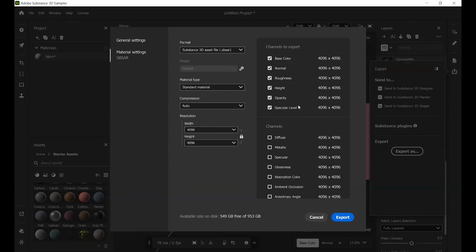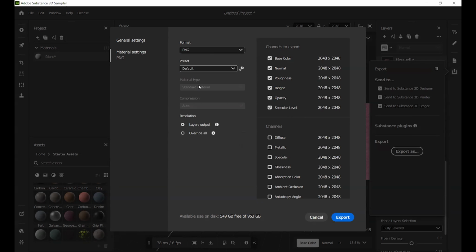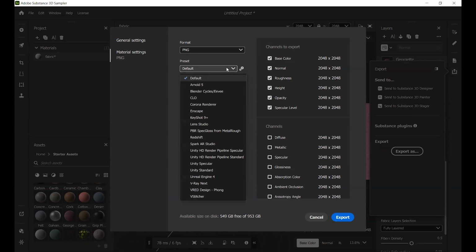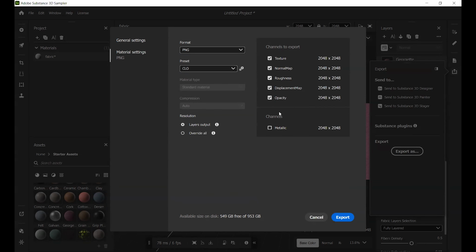Suppose I want to export for Flow 3D, so I want PNG files for Flow, and here I can add this, or I can remove. I don't need opacity maybe. So it's up to you how many channels you want for your final use. After doing this, you can just hit export.